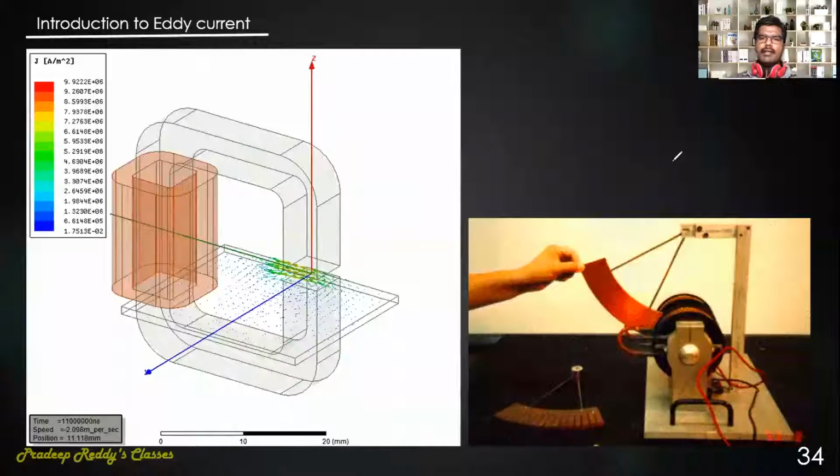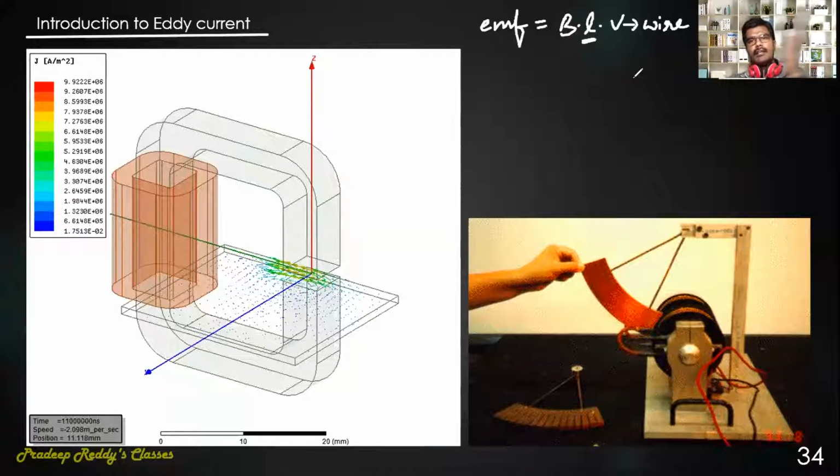Students, we already have learned that whenever there is a conductor of length L, it produces some EMF, and that will be equal to BLV, where L is the length of the conductor and V is the velocity of the conductor. So it is just a wire. You are just taking a wire and that wire is moving with some particular velocity, so that you will be calculating EMF induced. What happens if this is not a wire?